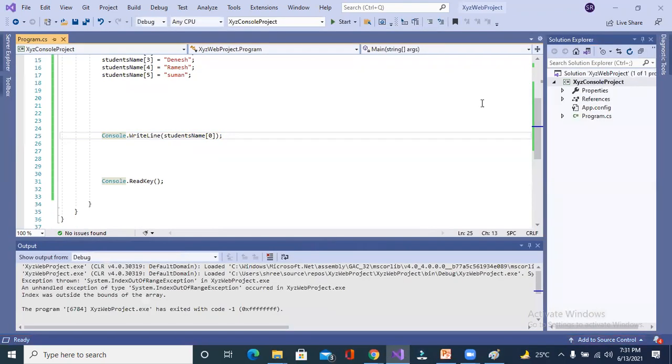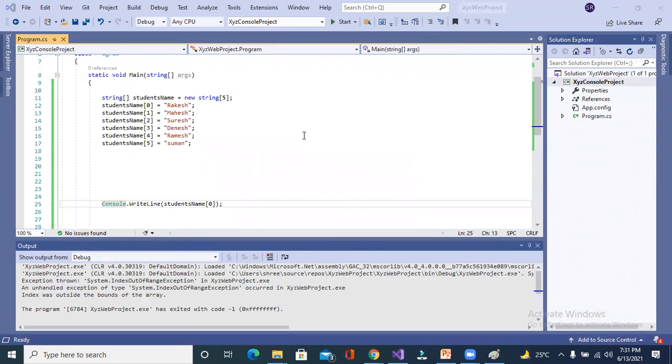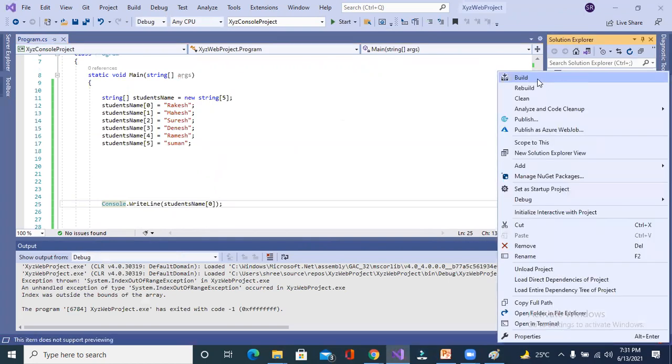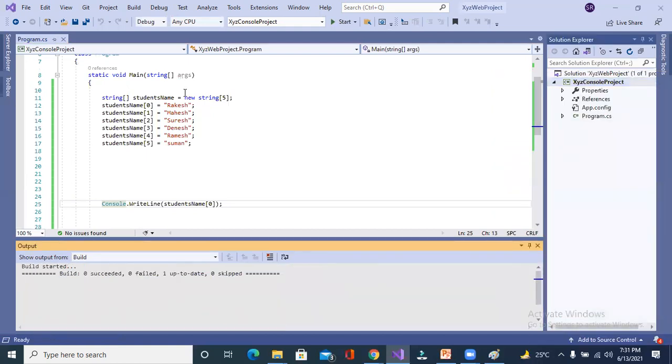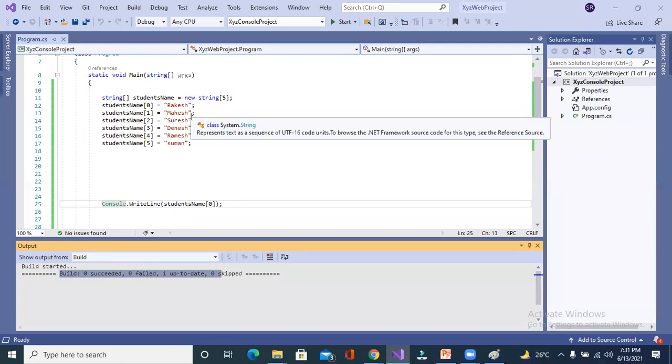There are two types of error. One is compile time error and the second one is runtime error. If you are getting error at the time of compilation or the time of build, such type of error is known as compile time error. Here you are not getting any error. But whenever you run this application, you will get error.